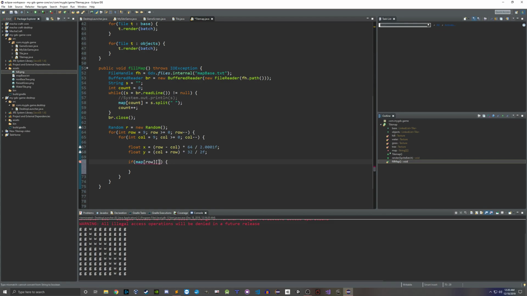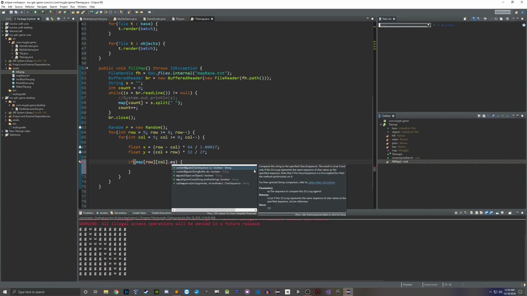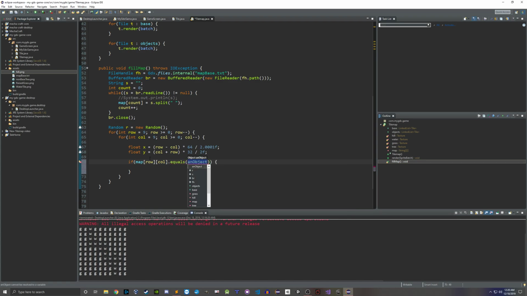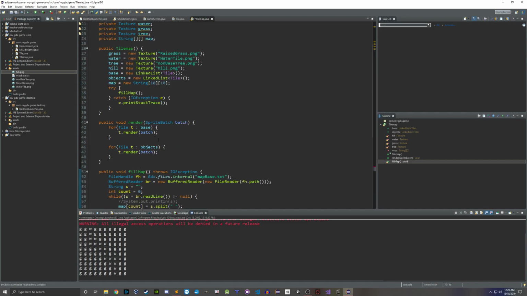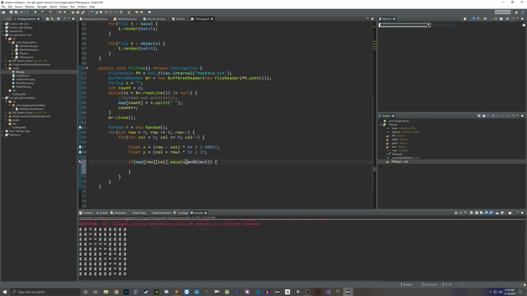we want to go ahead and say, okay, at this position in the tile map, or at this position in the array, which is a string now, because we know that it's a string array. It's a string array of string arrays. It's a two-dimensional string array, right? So we know that this is a string object we're getting at this particular position in the string array. And we're going to use dot equals to check, because that's how you should check equality with strings, if it's G. If it is G, then we're going to go ahead and say,